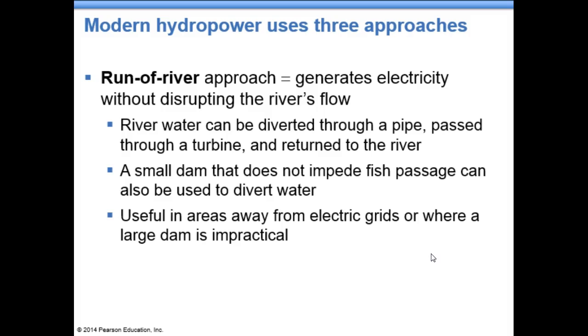One is to divert a portion of the river's flow through a pipe or channel, and as it passes through a powerhouse, it can then return to the river. This can be done with or without a small reservoir, and it only pulls the water temporarily. The pipe or channel can be run along either the surface or underground, so there's a choice to that. Another method is to flow river water over a dam small enough not to impede fish passage. And this way you're going to get the fish to go back and forth. You can siphon off water to turn the turbines and then return the water to the river.